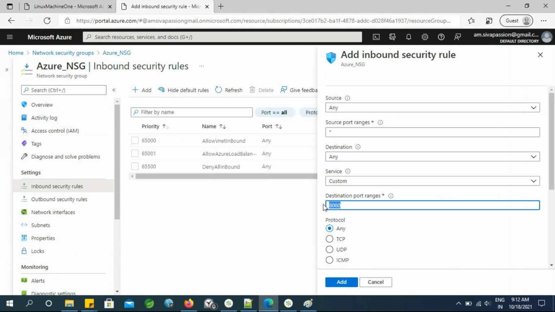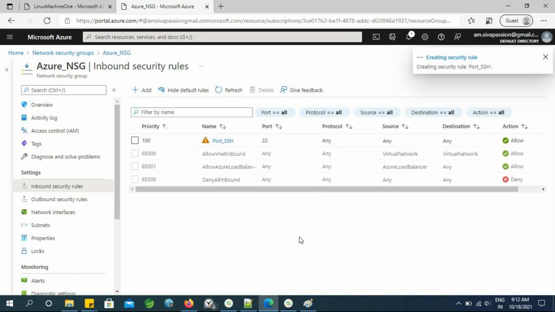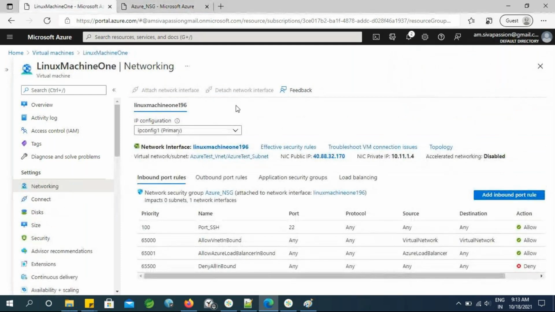So I'm going for 22 because the SSH port is 22, right? Port for SSH. Click on add. So it is created. So now if you go here, basically here the port for SSH is 22,